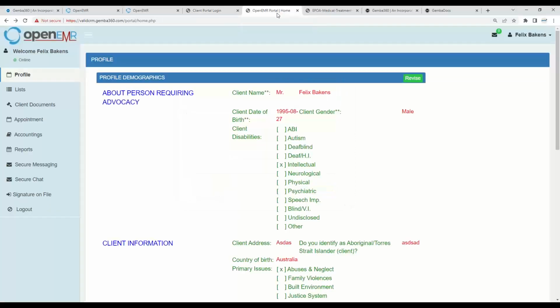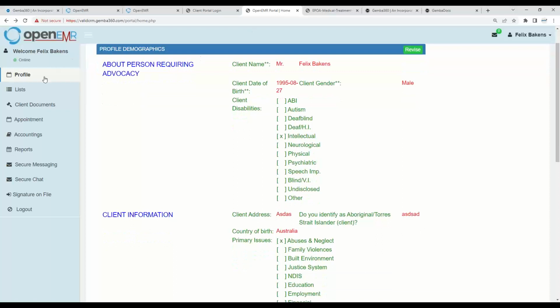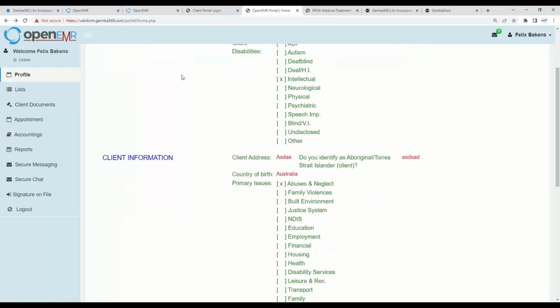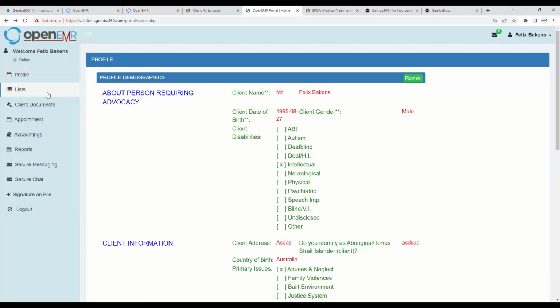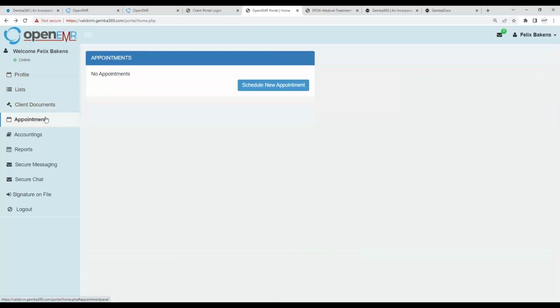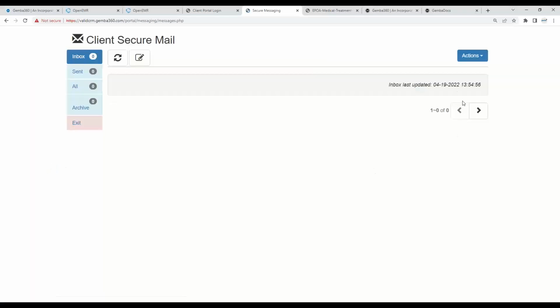So when I click on that and it takes me in, what I can see is the details of what this particular client has. If the client wants to access their information that you've got, for example, guardianship orders or pending documents, and I'll show you what that looks like, they can sign that off from here. If they want to set appointments with people, they can schedule new appointments directly themselves. If there are accounts that they need to fill or complete, that can be accessed here. If they wanted to access secure messaging, and this section